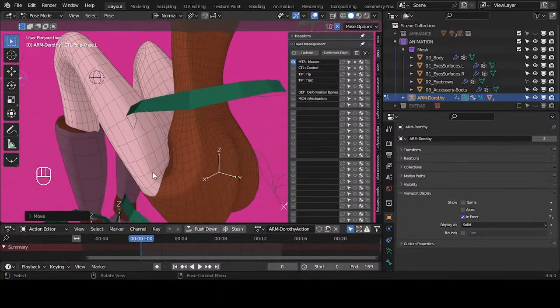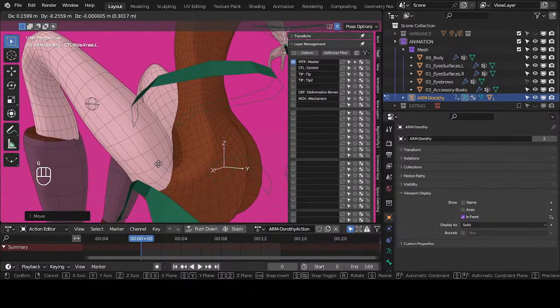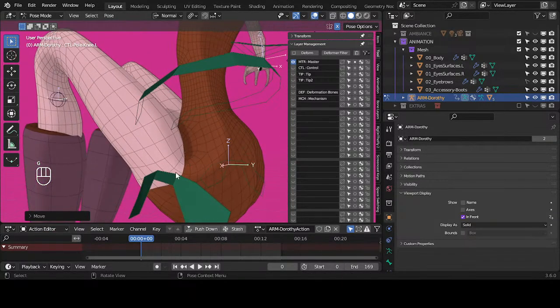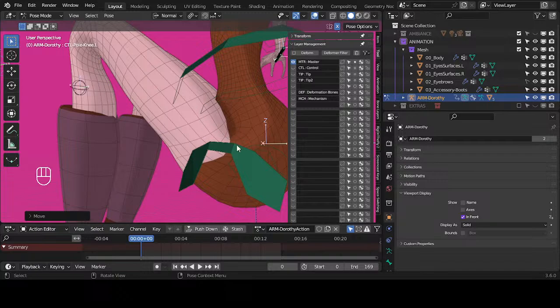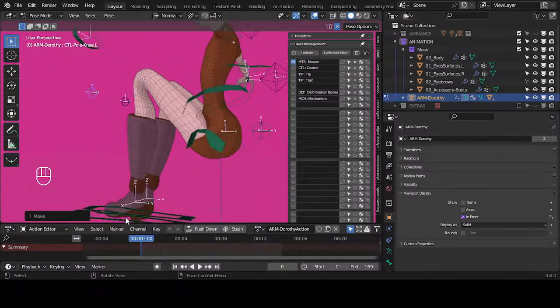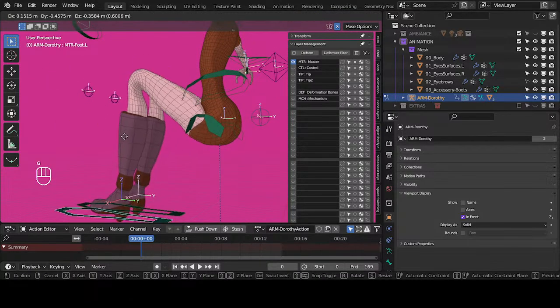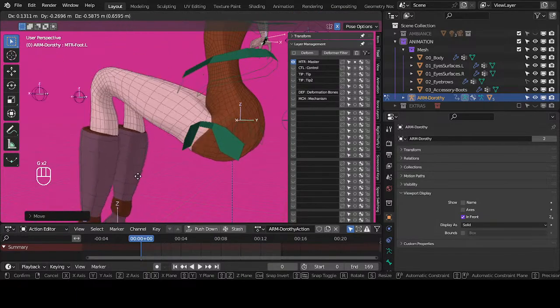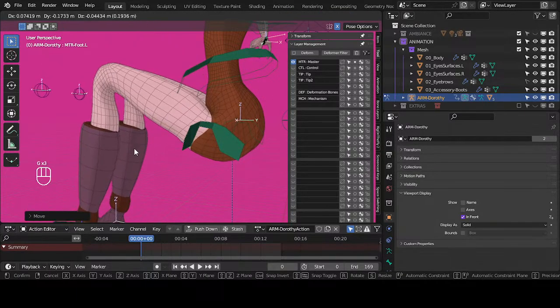Yeah, here you see lots of volume loss because of this bending. It's quite worse than the original one,